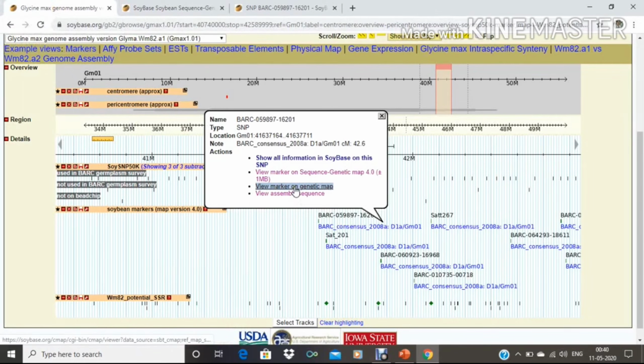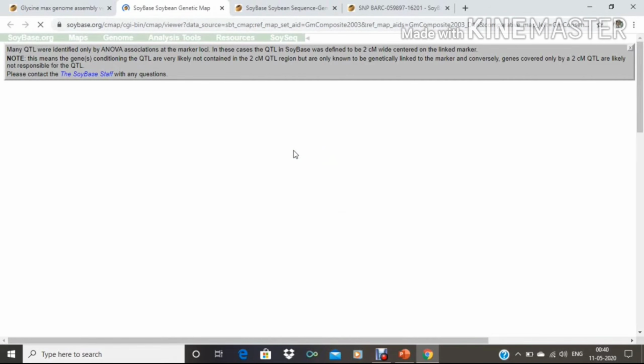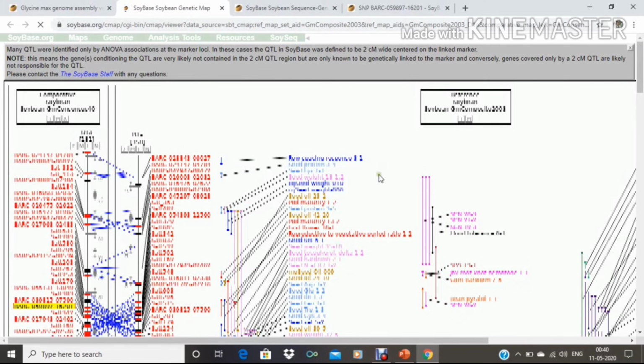Then we will go back. Then in the third option we will see the marker on the genetic map. Then we will see here all the genetic map. It will take some time.